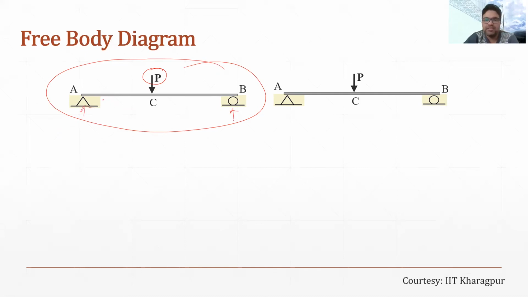Once we provide the reactions, you can see here the roller support is replaced by a vertical reaction, because a roller can give only one reaction. Similarly, if we remove the hinge, there will be two reactions, in terms of a right-hand side reaction and a left-hand side reaction. These are the vertical reactions to resist this, and this can offer a horizontal reaction also. So if there is any inclined load, to resist that we have a horizontal reaction also.